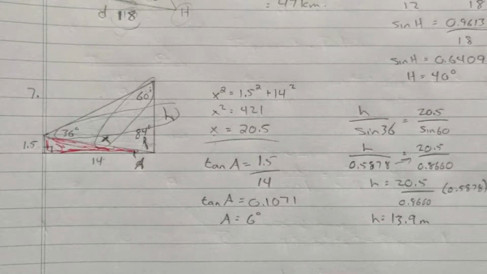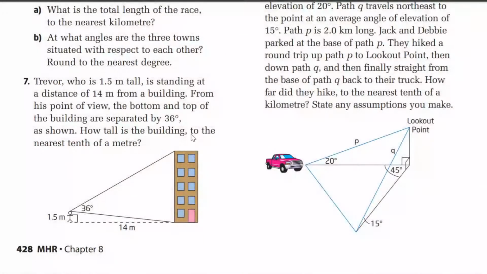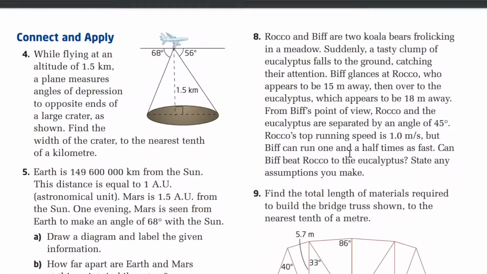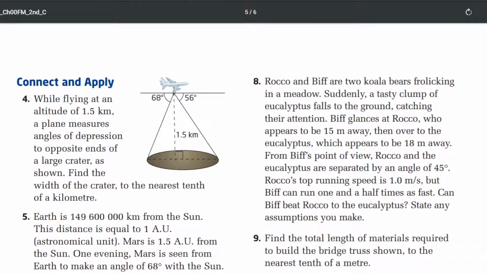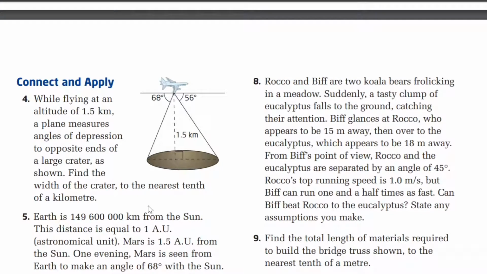So that's number 7. And then our final question is number 8. And so we'll scroll back to that one. Number 8 here. We got a couple of koala bears, Rocco and Biff. And so Rocco and Biff are frolicking in a meadow, as I guess koala bears would do. And suddenly a tasty clump of eucalyptus falls to the ground. So there's a eucalyptus tree in the middle of this meadow. A clump of it just falls to the ground,